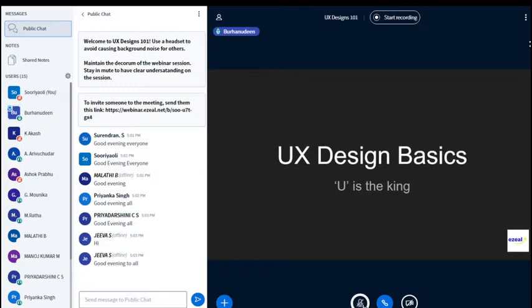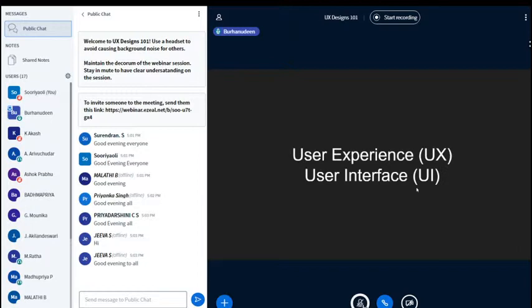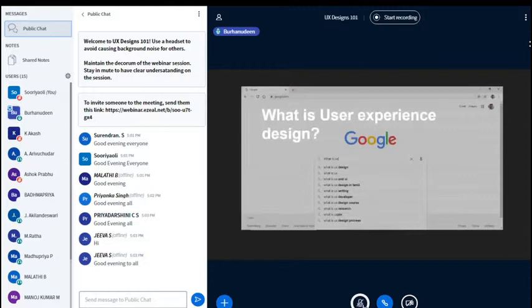Actually, this is planned to be a very basic session where you'll get to know about the stream of design, which is like when you're viewing a digital product, which we use for UX design, basically just laying out the foundation of that, which will help you get more insights on that. UX is user experience, which we call UI also, which is user interface. So these are all the explanations which we use to tell people when we are describing our work.